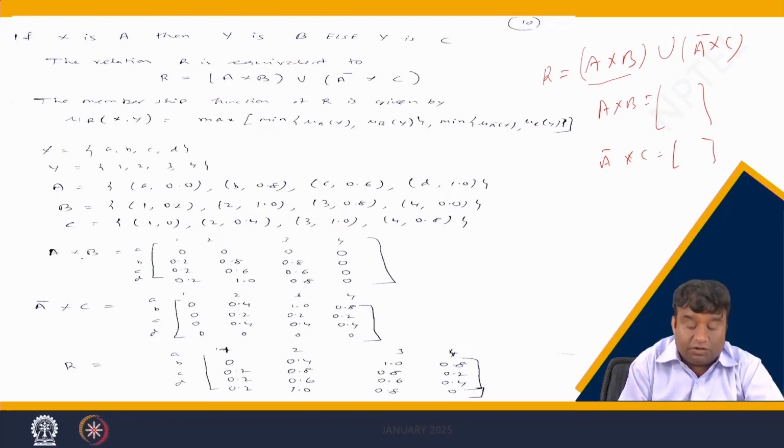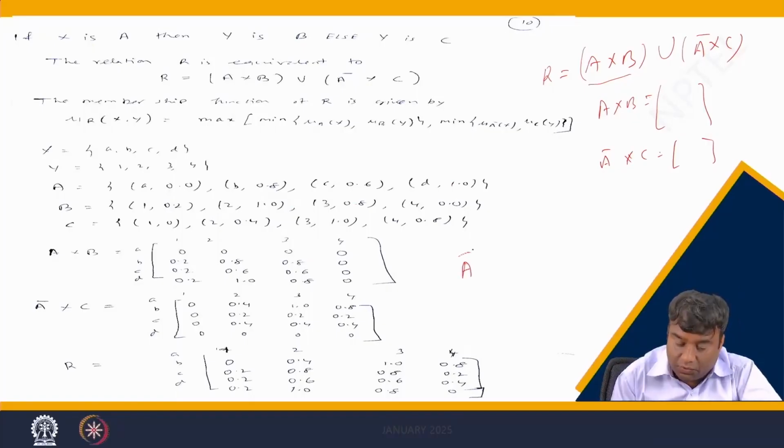So first find A cross B. You know in the rows A, B, C, D, and in the columns 1, 2, 3, 4. So first take row A. A with 1, 0.0 and 0.2, minimum is 0. A and 2, minimum 0.0, here 0.0, here 0.0. Now B: 0.2, 0.8, 0.8, 0.0. C: 0.2, 0.6, 0.6, 0.0. D: 0.2, 1.0. So A complement is